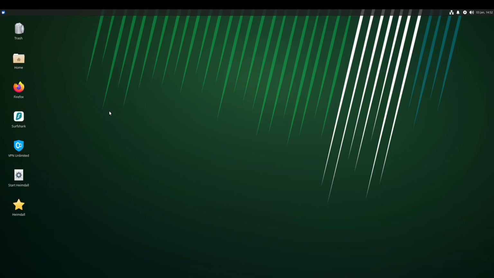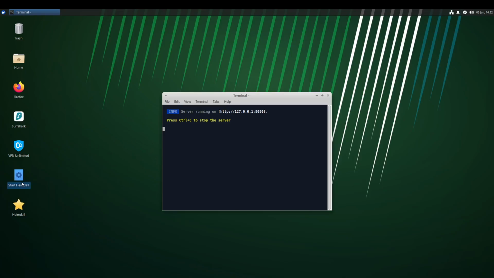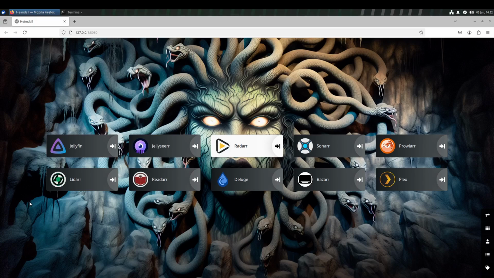But essentially, what I did is install most of the applications or web-based applications that are needed to have a media automation system. So obviously it includes JellyFin, Plex, JellySeer, Radarr, Sonarr, Prowlarr, Lidarr, Readarr, Deluge, and Bazarr. And then there's also